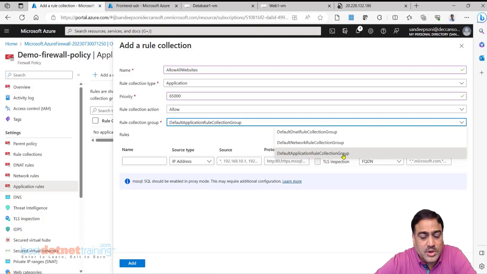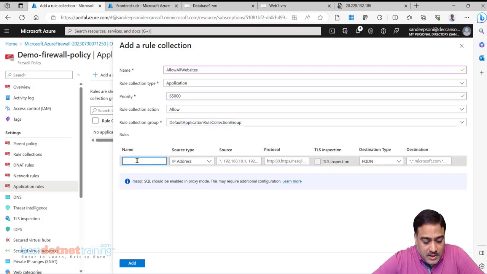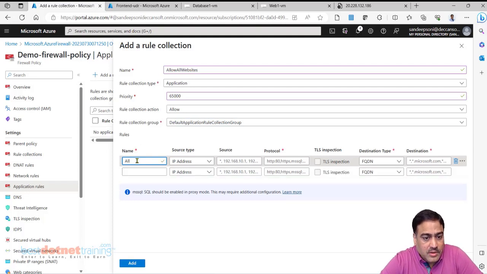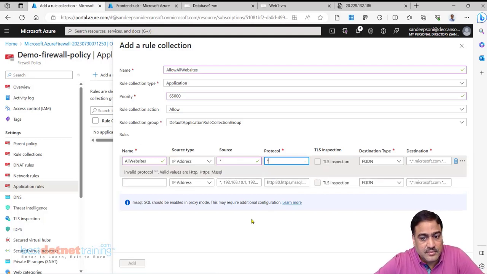Default application rule collection group. And I'll give here all websites. Source any IP, so star. Protocol any. Fully qualified domain name any.